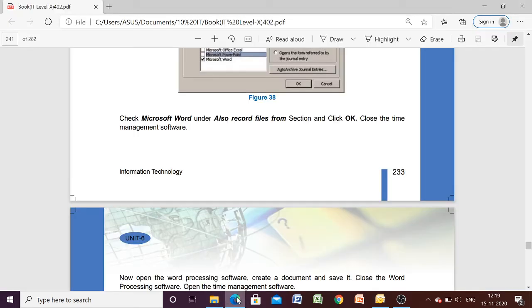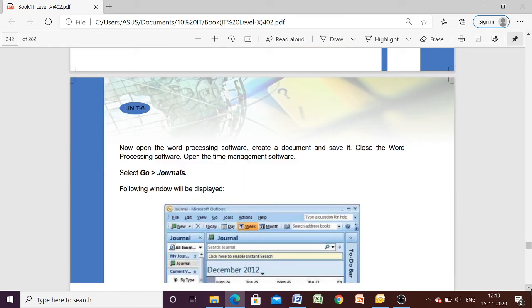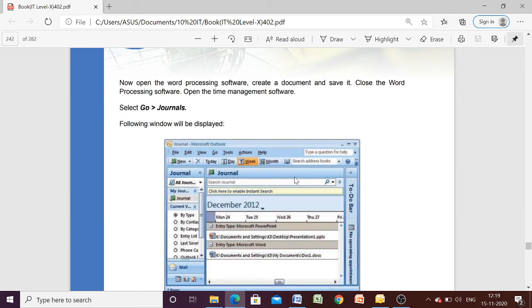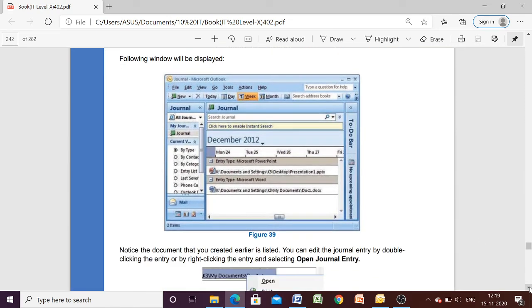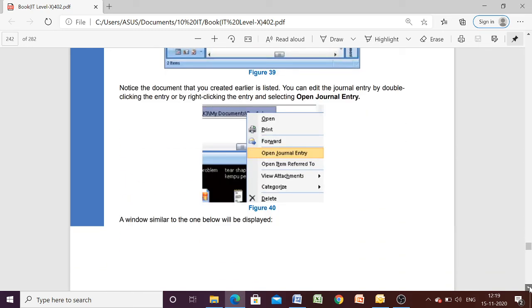So here you can see that if you click OK and open the word processing software and save it, you can go to the journal and you can see that the following options will be shown to you. At which time you opened it, at which time you created it, it will show you all the details.